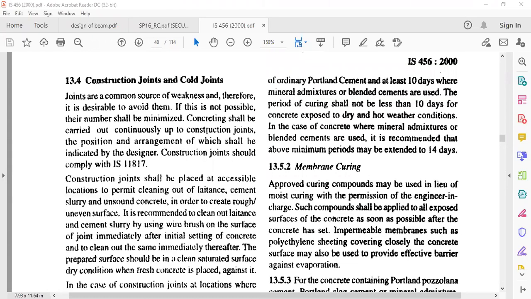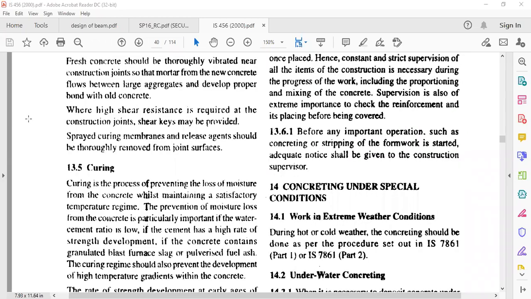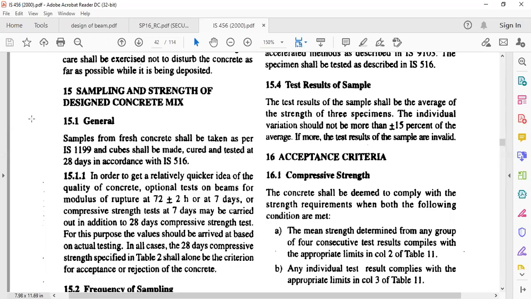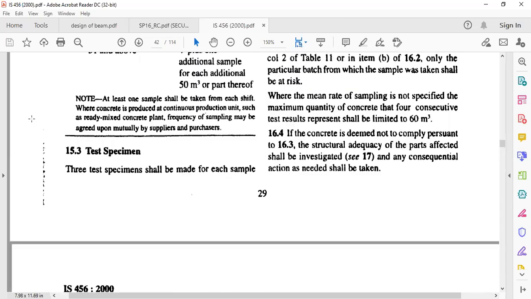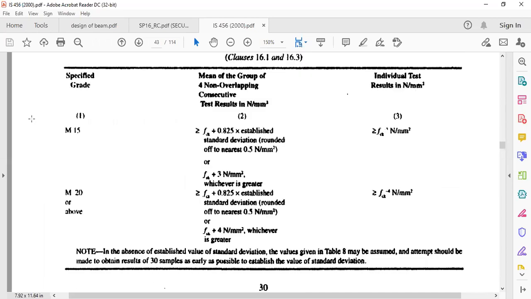This part has many things related to the formwork and curing. How should the curing be? You can just check. Being a civil engineer, you should know all those things. But if we look at each and every aspect, that may require a lot of time. So we will consider the major part here, and then we'll move towards the design part, one by one.